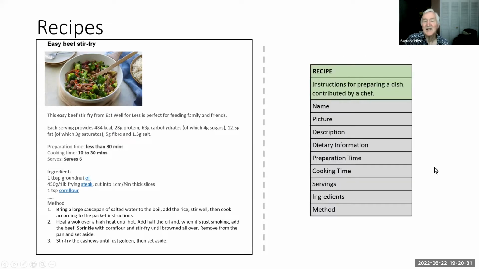And having done that, we have the attributes of a recipe: the name, the picture, the description, the dietary information, preparation time, cooking time, servings, ingredients, method. That's our first fully fledged information component. And we can play the